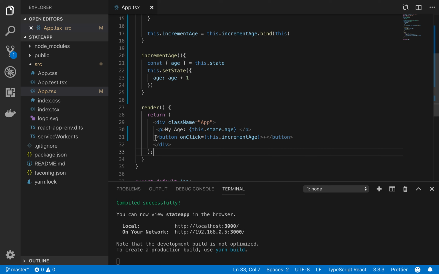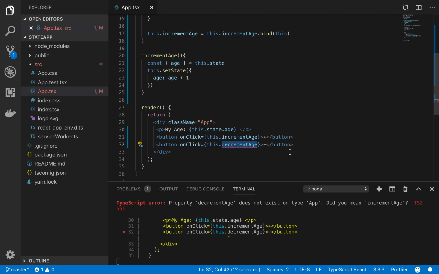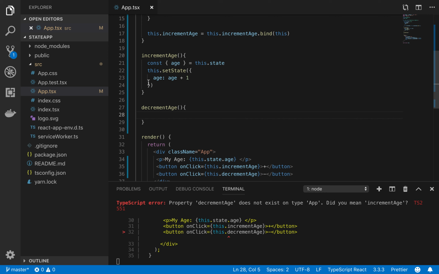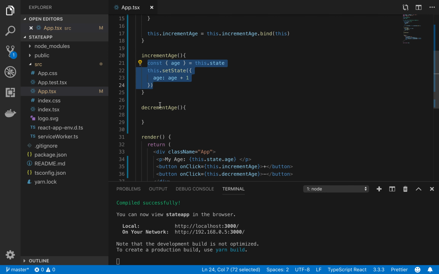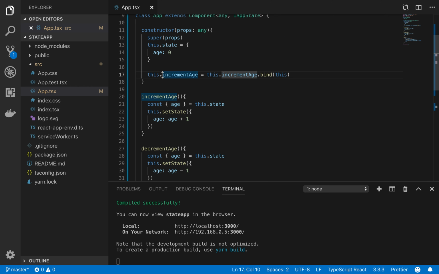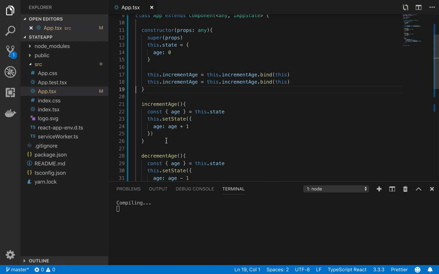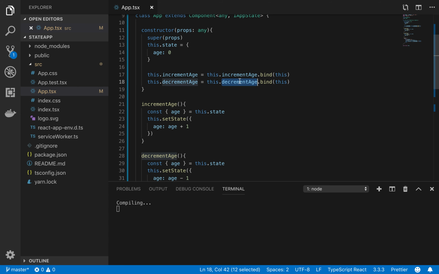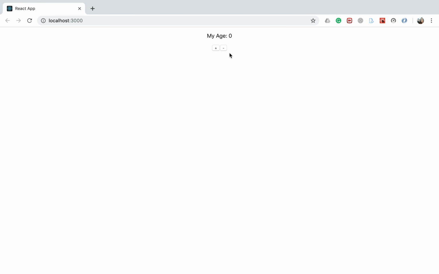Similarly, if I create one more over here and I do minus, and instead of increment I write decrement age, I don't know if the spelling is right or wrong, that's not the issue. We can just copy paste the code over here. Instead of plus we will do minus 1, and over here we have to bind it so that this can be used within that function. So if I do minus,